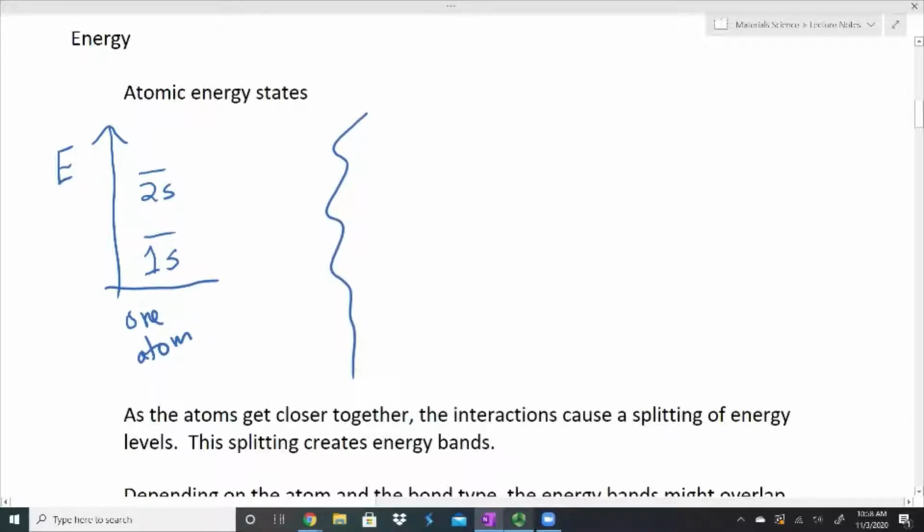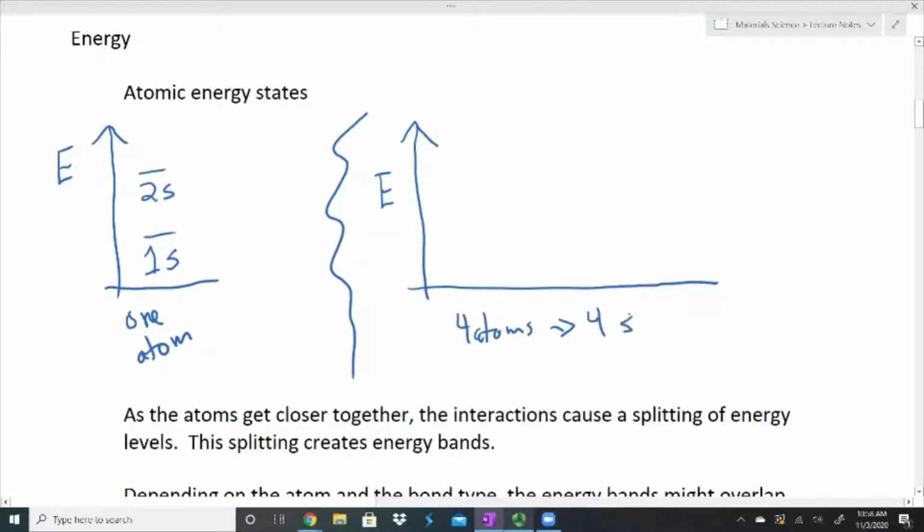So what I'm going to do is I'm going to redraw this, but this time instead of for one atom, I'm going to draw it for multiple atoms. I'm not going to draw it for a ton of them. I'm going to draw it for 4 atoms. And if I have 4 atoms, that means that I have 4 states. Even for each level here, for the 1s I have 4 states, for the 2s I have 4 states, and